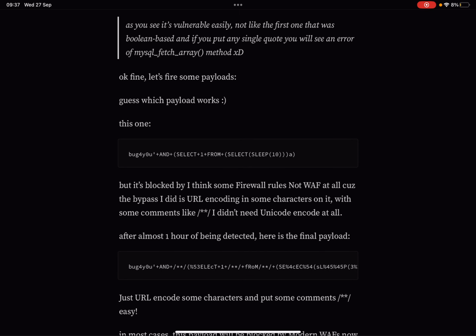Guess which payload worked for me? This one. Bug for you, single quote, and select one from select sleep 10. Now this is what is known as basically you're going to try to make the database have a little bit of a delay. The problem here is that this is very susceptible to one call just being slower one